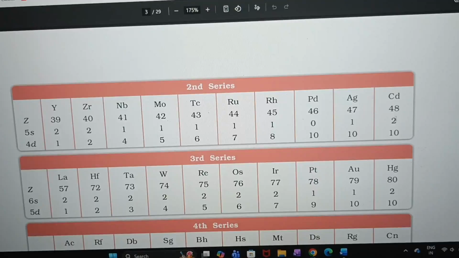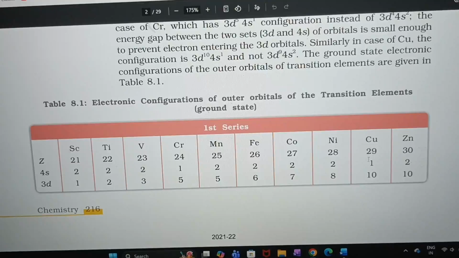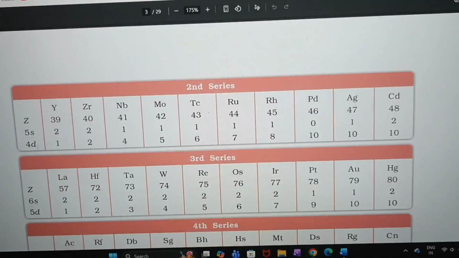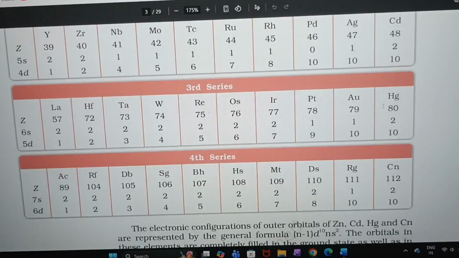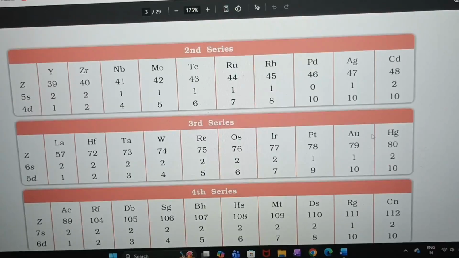Now these last two will be similar to the previous last two only. So here the only thing is 3d and 4s. Here it will be 4d and 5s. 1 and 10, 2 and 10. Here also the same thing, 1 and 10, 2 and 10. All the reasons are the same. Over here, for the stability, it will give 1 electron over here, so it becomes 1 and 10. And this